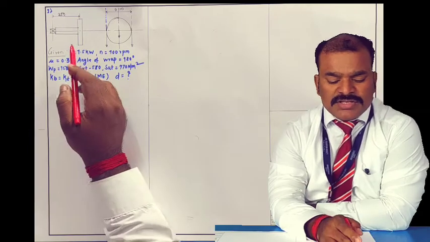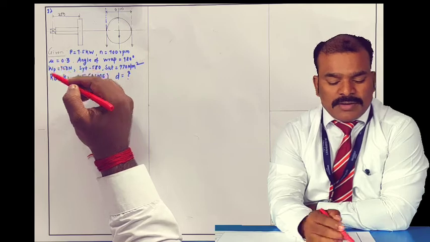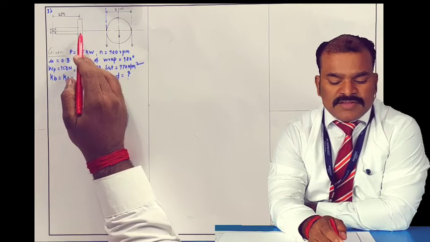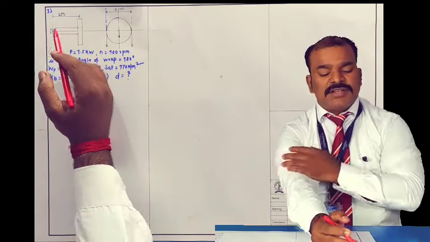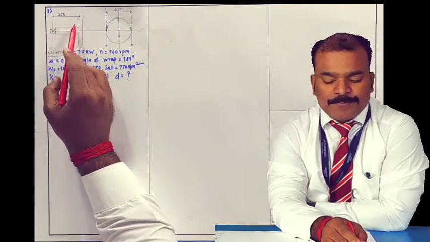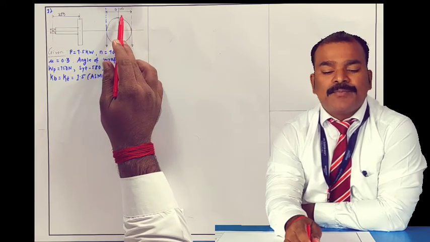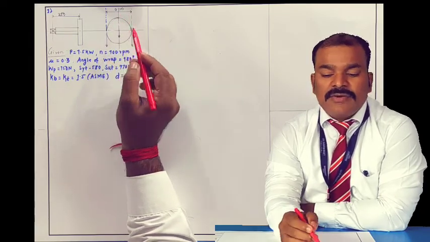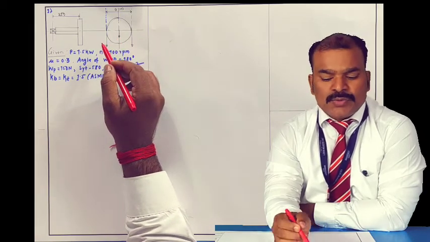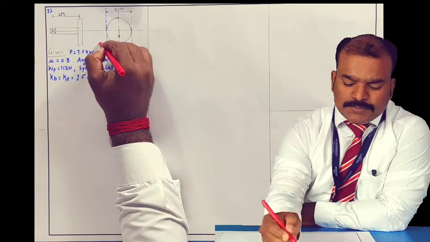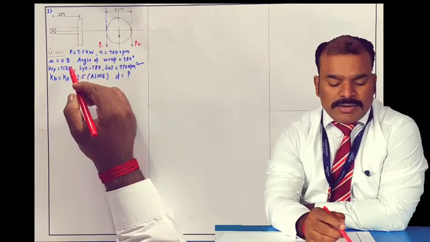Now they have mentioned the shaft on which a pulley is mounted. You can see this is the pulley, and it is at a 250 mm distance from the left-end bearing, and the pulley diameter is 200 mm. They have also mentioned the various conditions, like tension on the tight side and slack side. So this is P1, this is P2, correct? Now we'll read the numerical. I have written the given data.